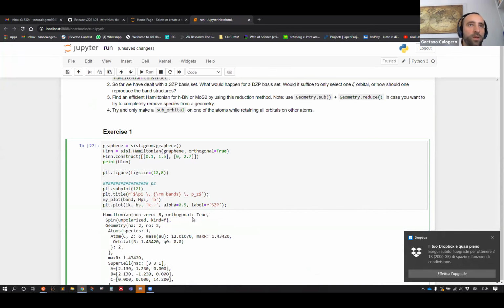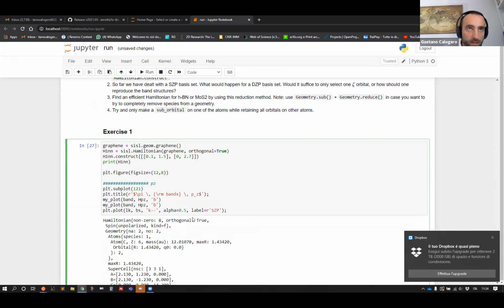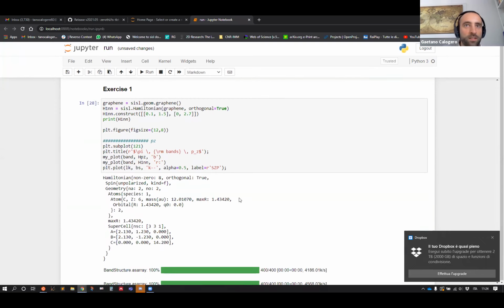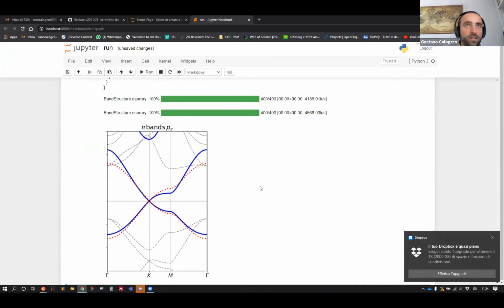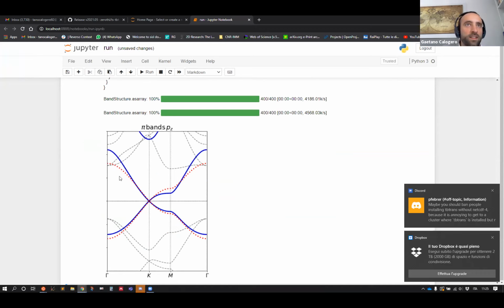And we can plot it in red, for example. Let's see if that works. That worked. You can immediately see here that the first nearest neighbor tight-binding model works pretty well,